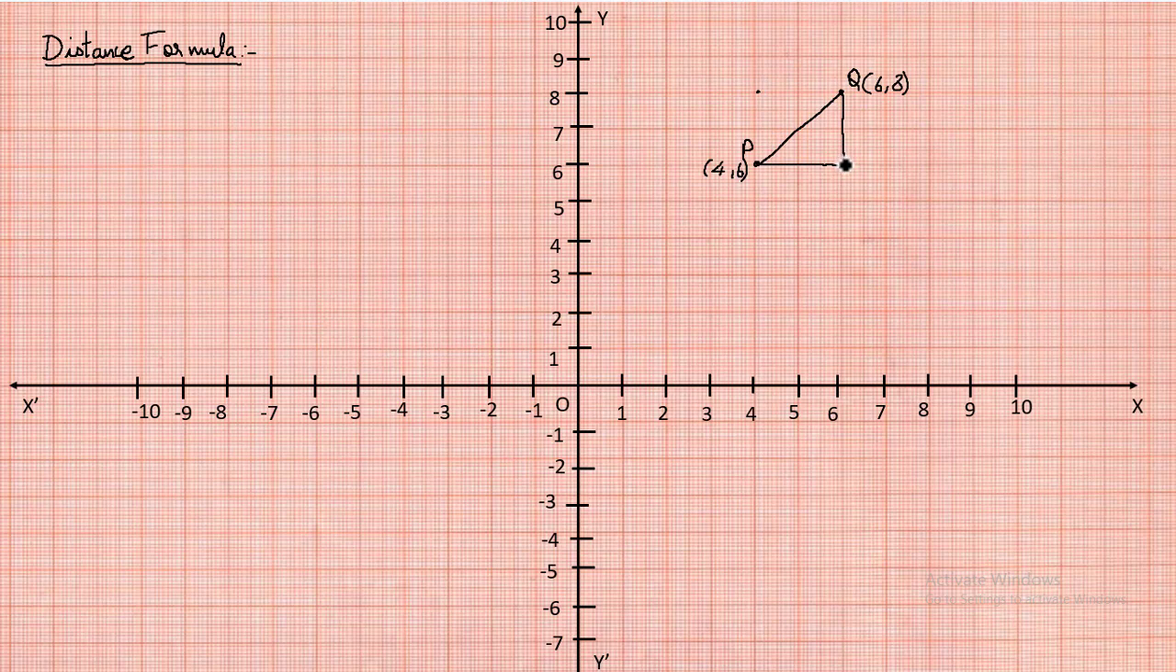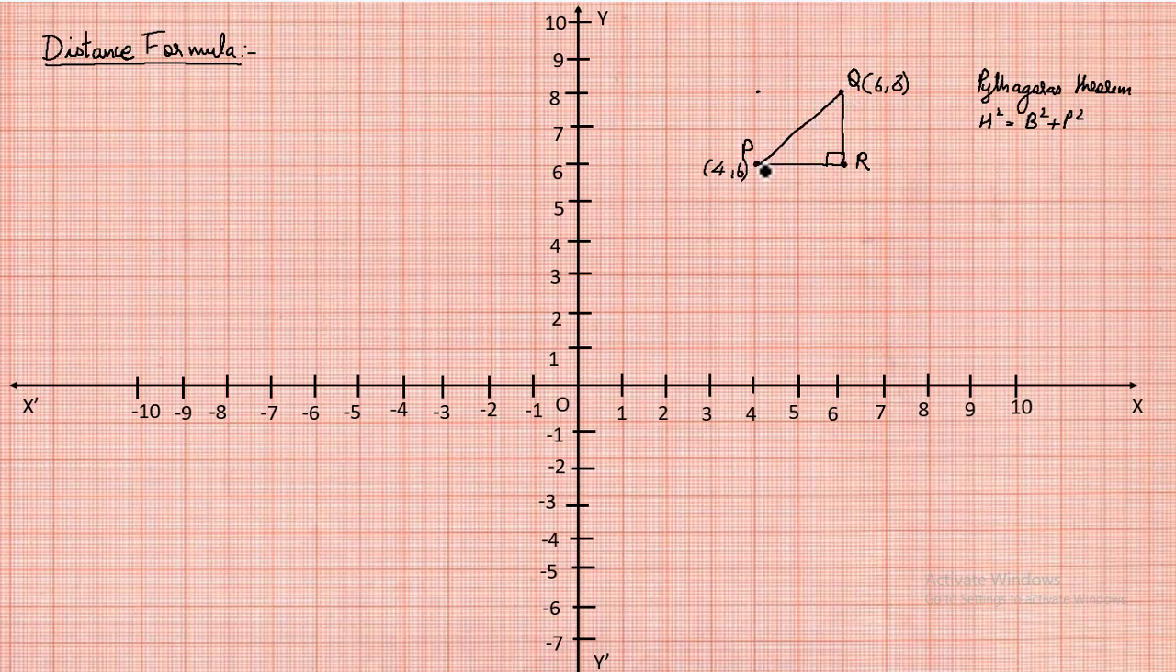So let us consider this point as R. Here you can also observe that PRQ forms a right angle triangle. If we know the value of PR and RQ, then we can apply the Pythagoras theorem and find out the PQ value. So by Pythagoras theorem, hypotenuse square is equal to the base square plus the perpendicular square. So PR is the base and QR is the perpendicular, and therefore we can find out the value of hypotenuse,